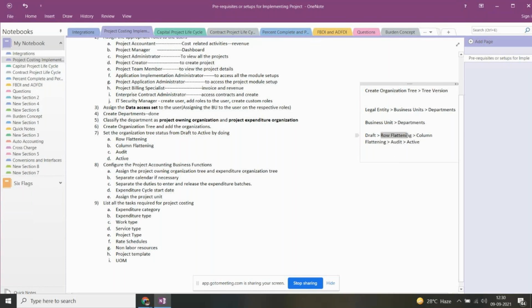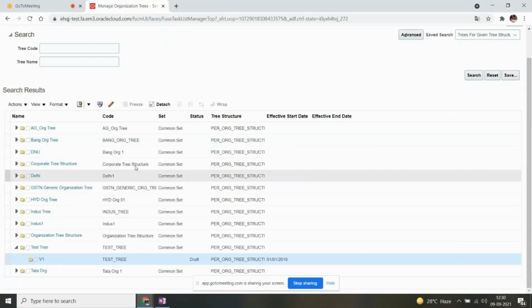You have to do the row flattening and column flattening activities, then the audit, and only then can you make the tree version active. Directly you cannot make the tree version active from draft. That's not possible.